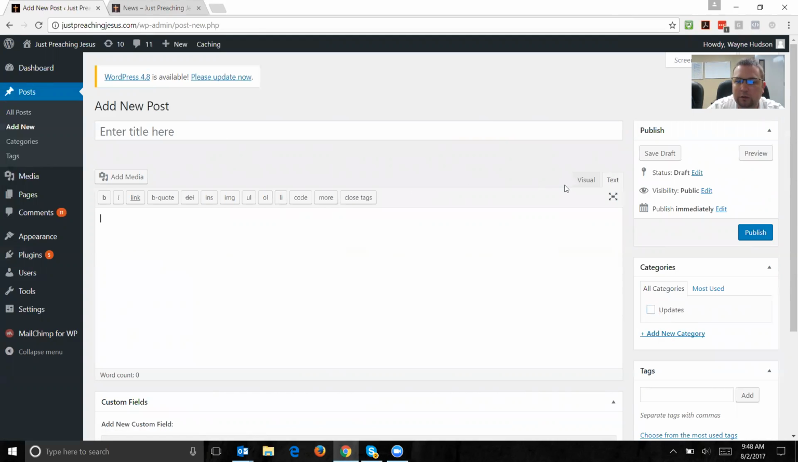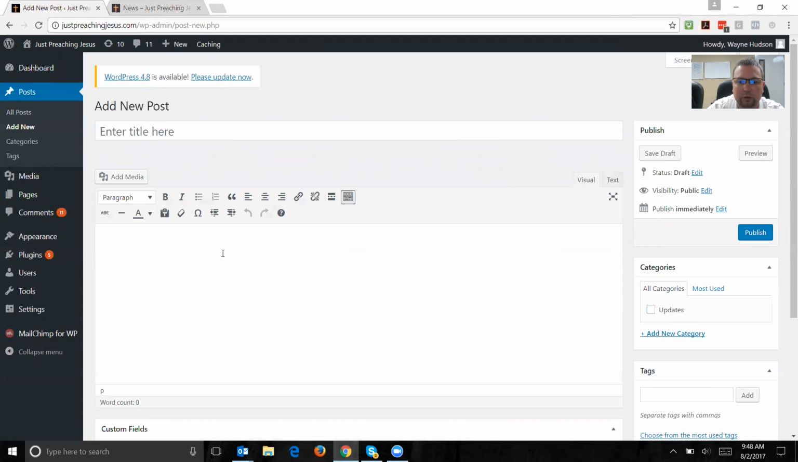But very simplistic. You click the visual tab. It's probably what you're going to want to work in. The text tab is, you're going to see all the HTML stuff that probably you're like, what is that? So click the visual. This is going to give you some options here for formatting, basic options like you might find in Word or something like that, left align, center, etc. You type your new post,